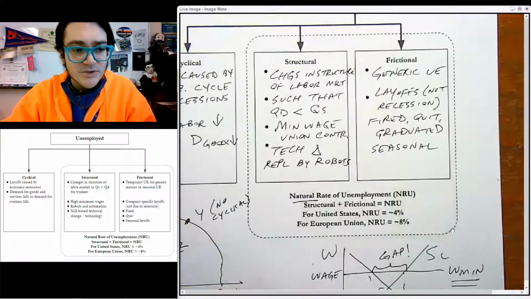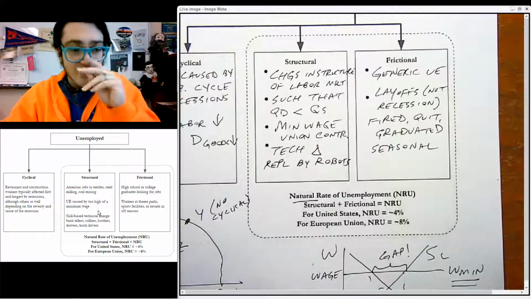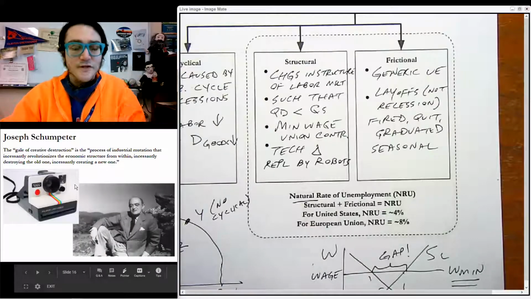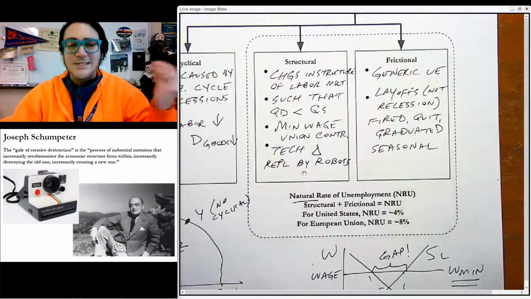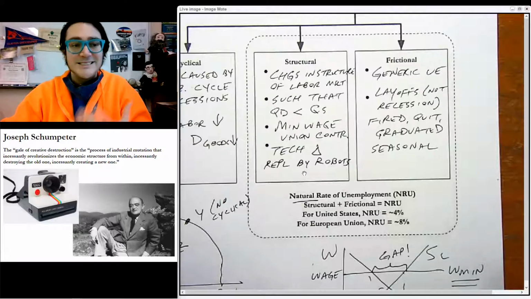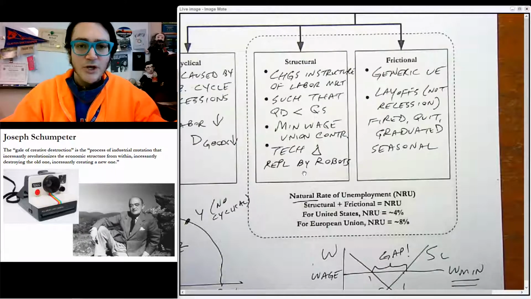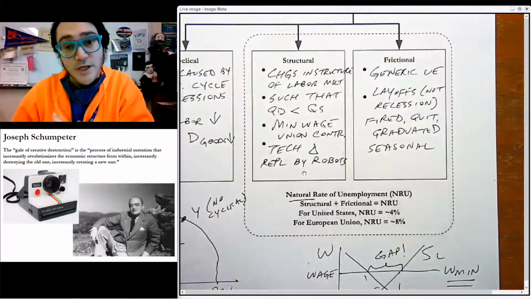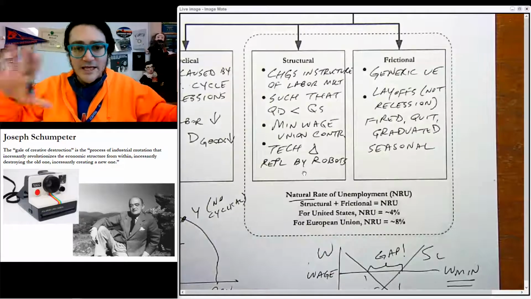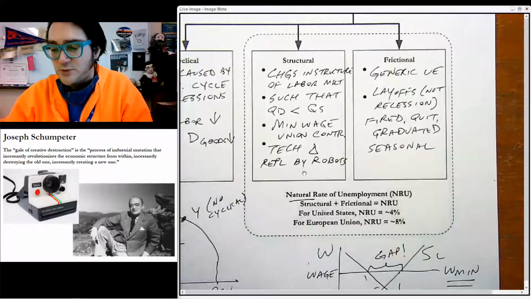This is also considered a normal thing. Here are examples of all of these things, and I told you several of them: bank tellers, colliers, hostlers, drovers. This is Joseph Schumpeter, The Gale of Creative Destruction, talking about structural unemployment, saying that our economy is constantly going through a process of industrial mutation that incessantly revolutionizes the economic structure from within, incessantly destroying the old and incessantly creating a new one. We don't want to resist structural unemployment, but we do want to take care of those who are structurally unemployed. We don't want to say no thank you to technological changes, but we need to develop something to help folks affected by structural unemployment.